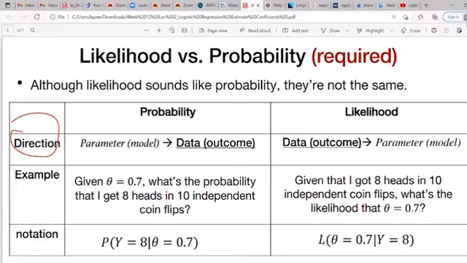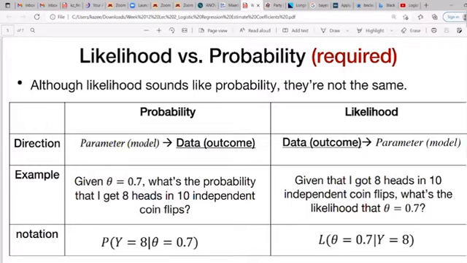But let me tell you something. We go from the probability of the model to the data outcome when you are talking about probability. But when I'm talking about likelihood, I'm actually going to start from the data outcome until I get to the probability of the model. Now, if your theta equals 0.7, you are given theta to be 0.7, and they ask,